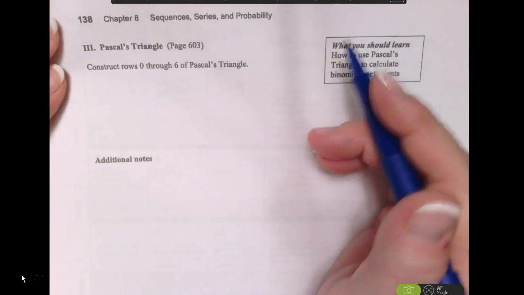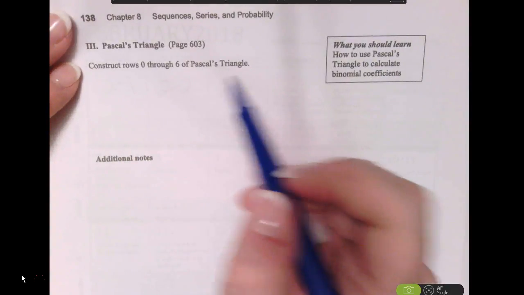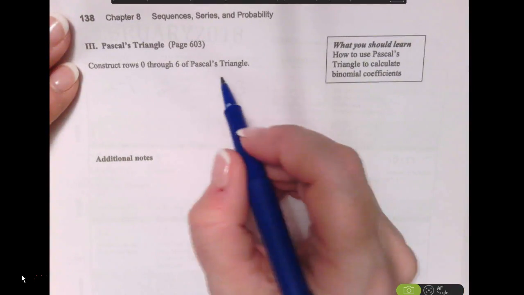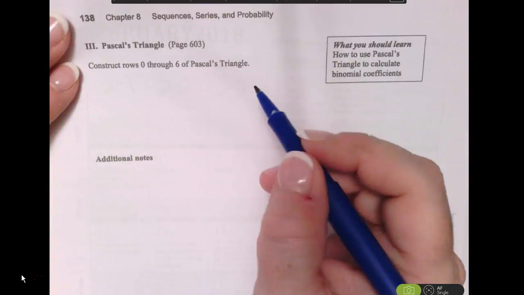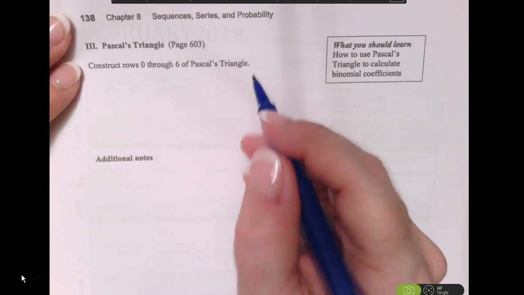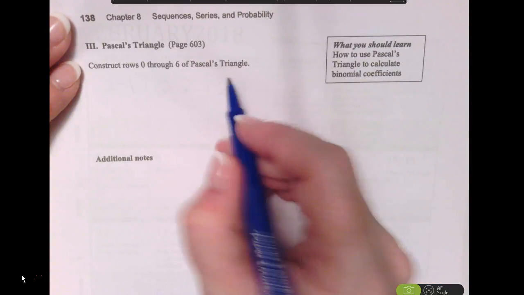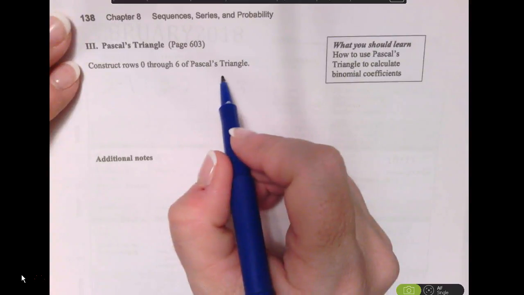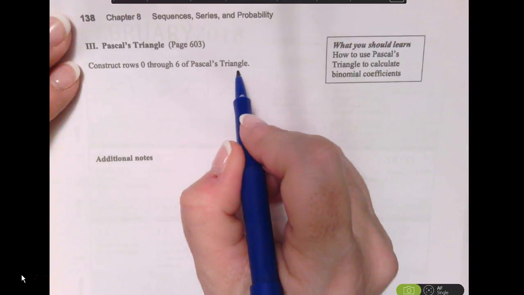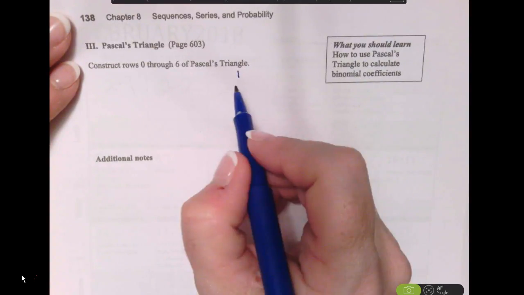So I want to go ahead and construct rows 0 through 6, and that's going to correspond with the coefficients of the binomial expansions. So recall that x plus y to the 0 power equaled 1, and then,